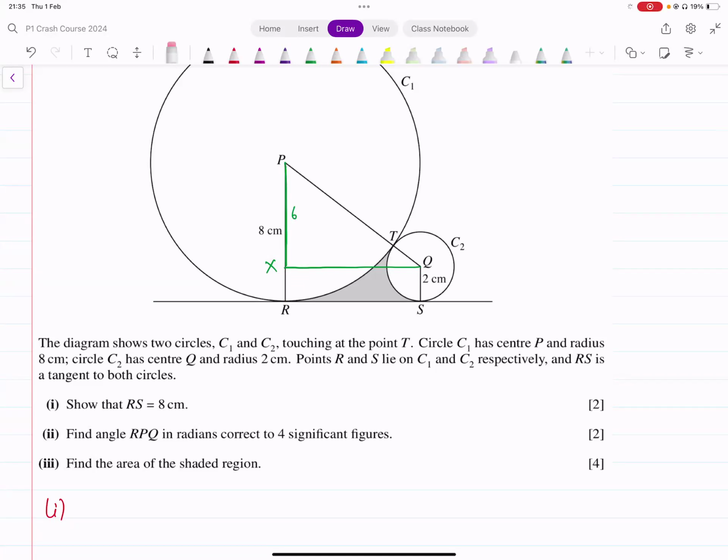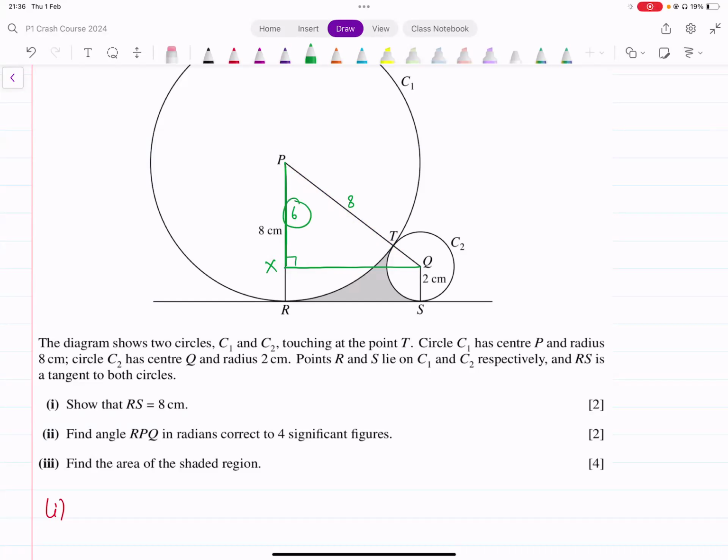PT is the radius of the bigger circle, that is 8. PQ is the radius of the smaller circle, that is 2. What's the complete length PQ? That's 10. All right, so we have a right angle triangle in which we know